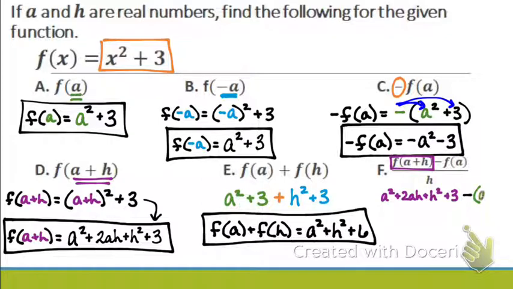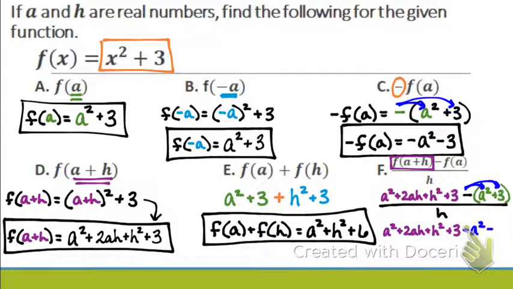Again, you could have substituted in what we did in part C where it was already distributed. All over h. Distribute my negative here. So I have minus a squared minus 3